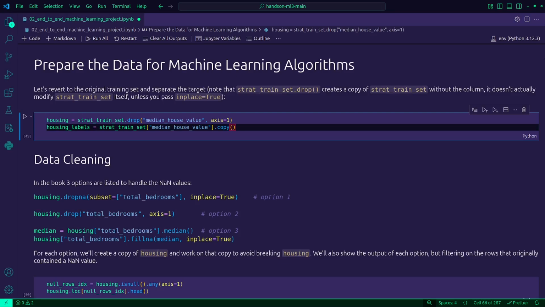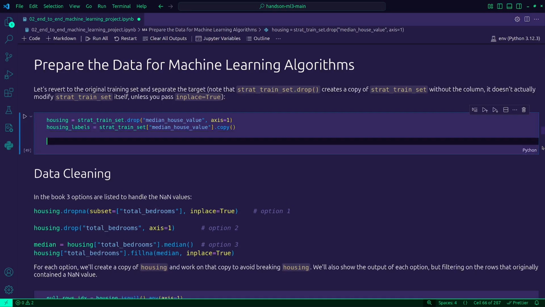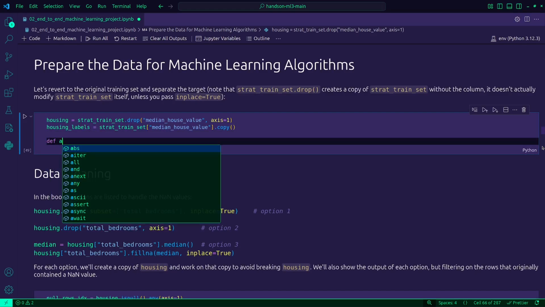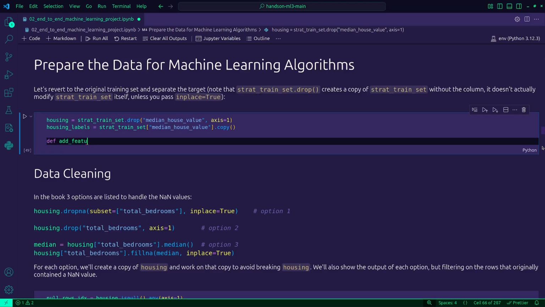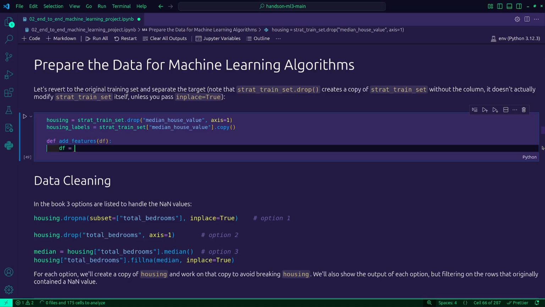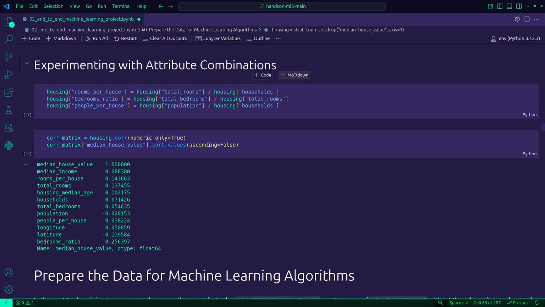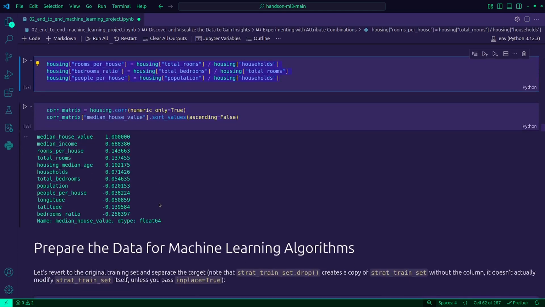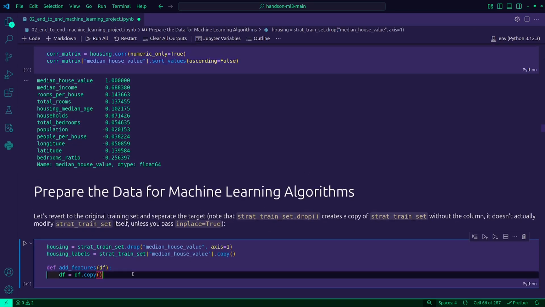So I could, for example, create a method here that says add features. I'm going to take my data frame, and here I could create my data frame as the copy of this data frame, and I could maybe pull all of these methods, all of these commands here, paste them.